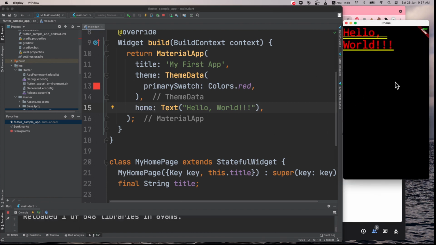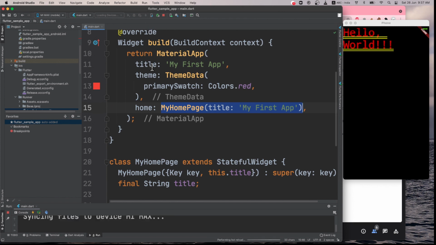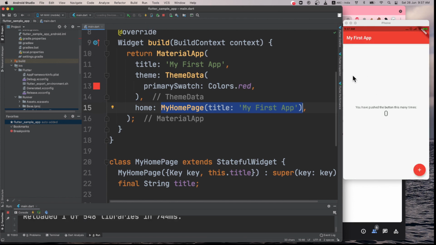Now you can see how it is looking. Why is that? Because again this text is a stateless widget, which we can't change once we give it. So this is how you can change the UI. Okay, I will revert this and sync it again. We are back to normal.